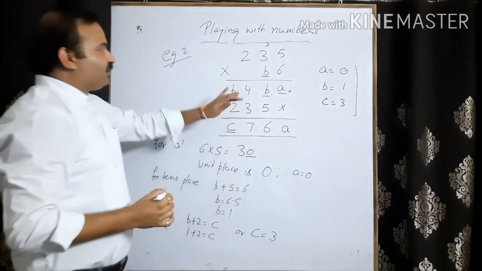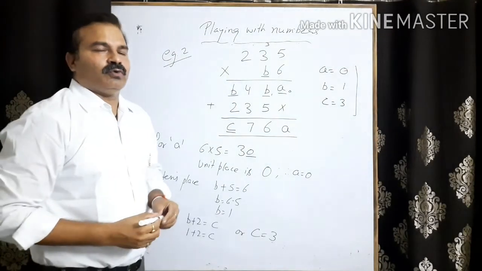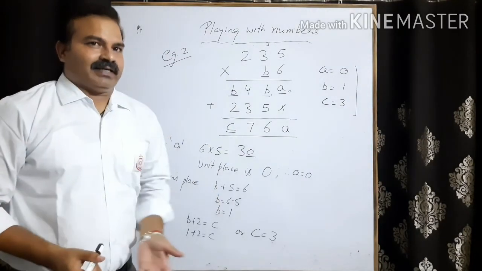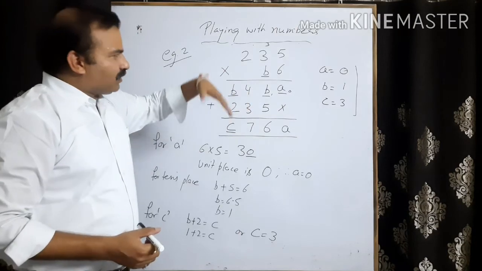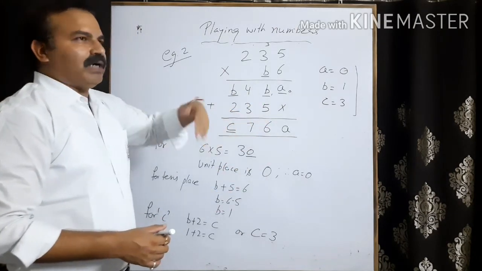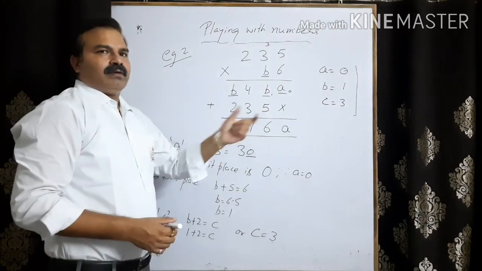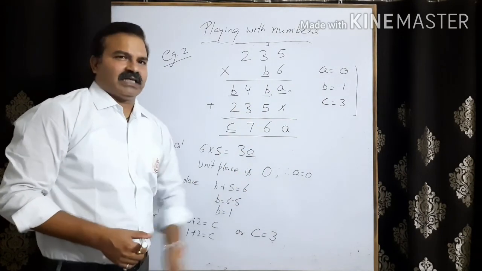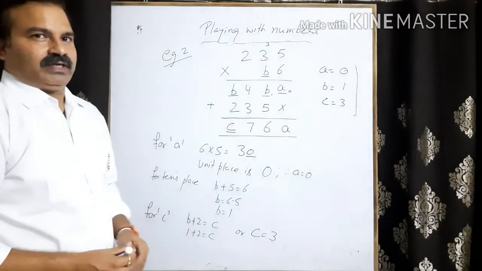See, if we solve this type of question, or you people solve, it will create an interest. This is very simple. You can take an example of your own: multiply any numbers, replace one of the digits by a question mark, and ask your friends. This is a very creative thing for you people.